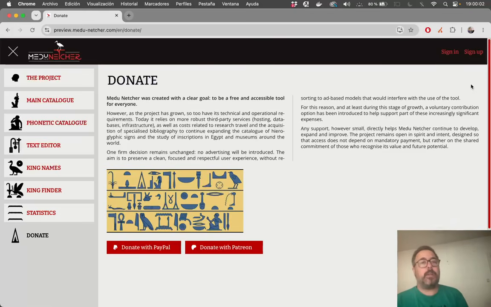So it's just to help us with some money for that. I don't want to make the application paid for using. I just want it to be free. But maybe if you have some account or something like that. But well, maybe at the moment I would just add these buttons, so if someone wants to give some small amount just to help, that will